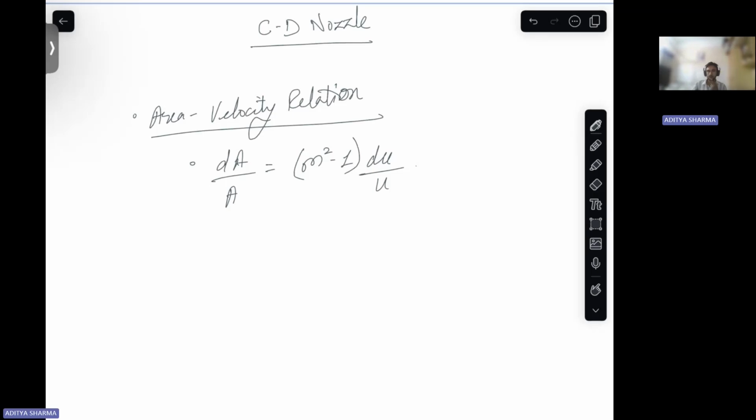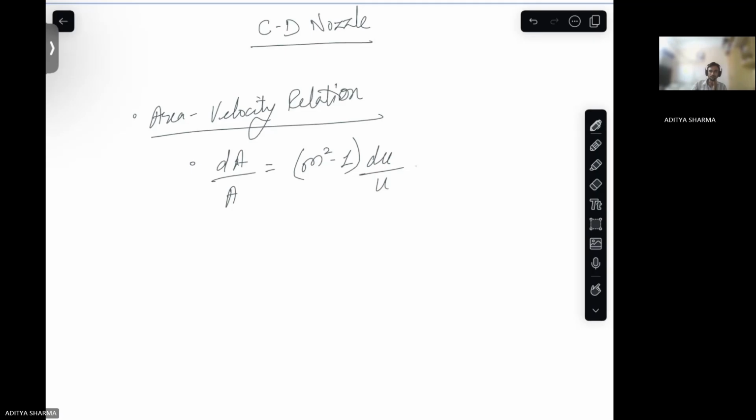So if you see this equation, it says that if your Mach is greater than 1, so it means M square minus 1 will be positive. Yes. And in such cases, if your area is, as the flow is moving, as the flow is advancing, if the area is decreasing, so dA will be negative. So du will also be negative, which means your velocity will reduce. So for supersonic cases, the divergent duct will reduce the velocity. This is what the